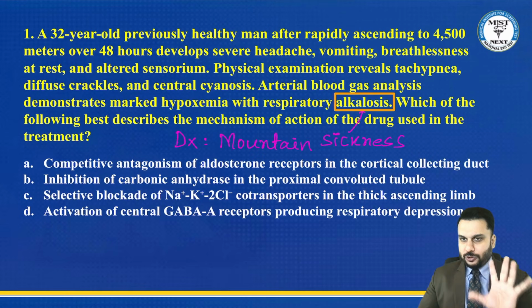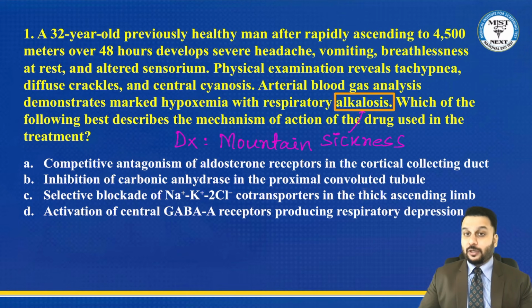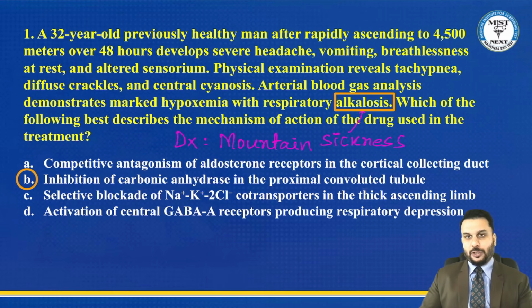First you must remember, whenever they talk about mountain sickness, if they ask you what is the immediate treatment if the patient is still on the mountain, the best thing to do is descent. If you come down, you're going to feel better. And if they ask you the medicine, then you're supposed to say acetazolamide. Now, where does the acetazolamide work? It works in the PCT, the proximal convoluted tubule, and it blocks the carbonic anhydrase enzyme. So basically, this medicine is a carbonic anhydrase inhibitor. That's the correct answer for this question.